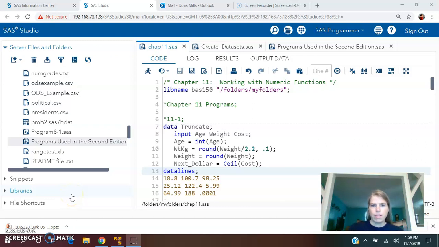In Chapter 11, we're working with numeric functions. In this video, I'll discuss a few of the programs in Chapter 11. I'll demonstrate a handful of them, and I'll leave it up to you to work through the remaining ones if you so choose. What I've done here in SAS is captured the Chapter 11 programs from the file called Programs